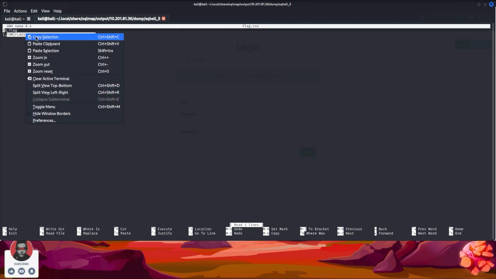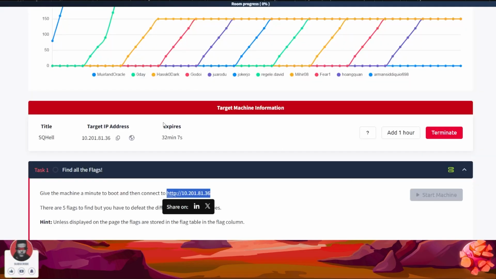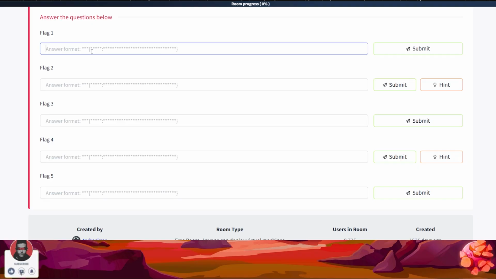We have got this flag here. I'm not going to make any mistakes. Copy selection, we'll uncopy it. Just minimize this. We'll just go here, paste. Now it is flag 5, so we'll just paste it here. We'll submit it, and